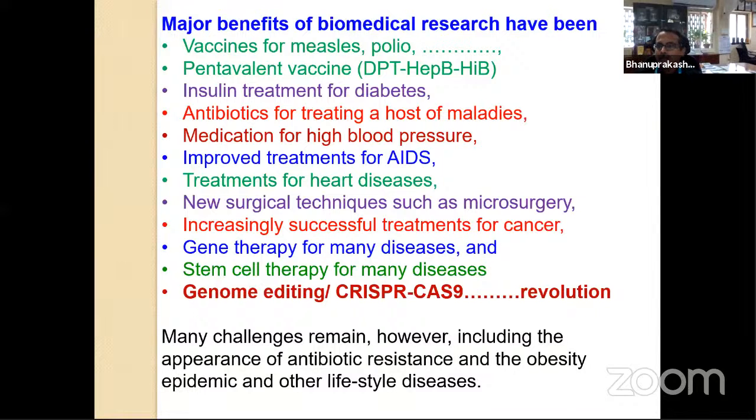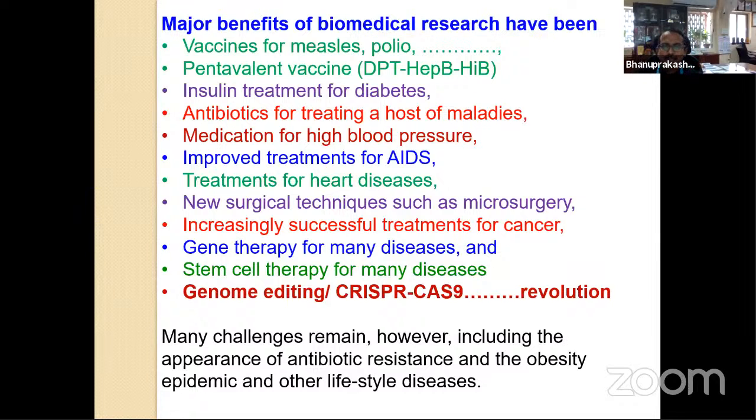Then we have developed treatment for diabetes, whether it is insulin or other anti-diabetic medication. We have developed antibiotics for most pathogens, whether bacteria or virus. We have developed medication for blood pressure. We have improved the treatment for AIDS. I want you to tell the kids, who may not know now, that 30 years ago, if somebody had AIDS, we had given up, thinking that one day or the other that person was going to die. But today it's not the case. They can live a normal life like any other person because of science and technology. We should teach our kids, because they would not know about the taboo that was associated with AIDS 20 or 30 years ago.